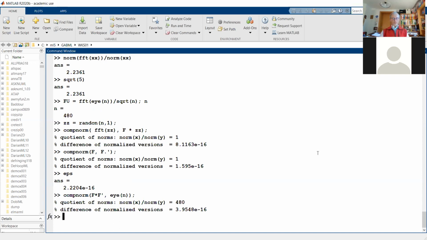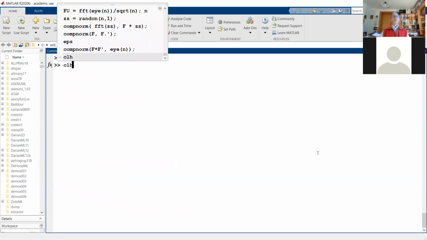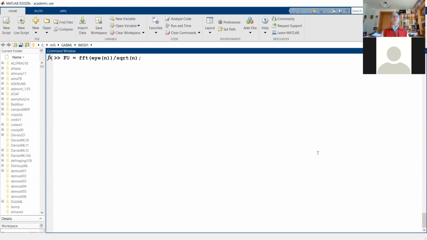And so I would say it's more intuitive, recall that I was saying the normalized version of the Fourier transform helps to understand it from a linear algebra point of view, not from the point of view of the actual discrete Fourier transform. The Fourier transform matrix is better for that, but from the linear algebra point of view, the unitary version, so it's just a renormalization, is better. Clearly, the norm of